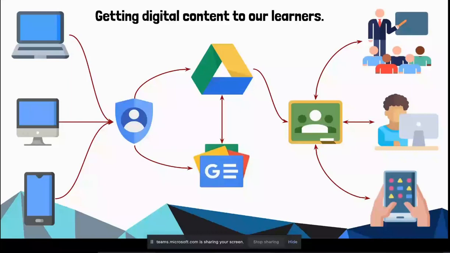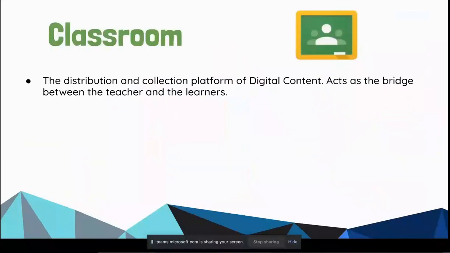I'm using it for, I would say, about 80% of my assessments at the moment, formal, informal, because you have a lot of third-party apps also connecting with Google Classroom, which is amazing. So in Classroom, it acts as a distribution collection platform, as a bridge between the teachers and the learners. But I want to add something here as well. It also acts as a